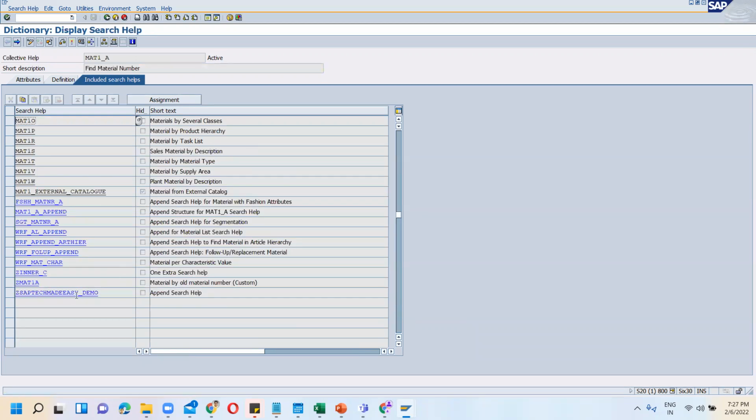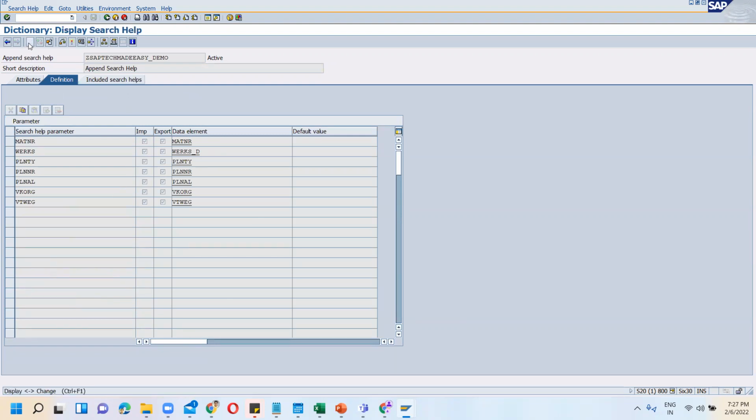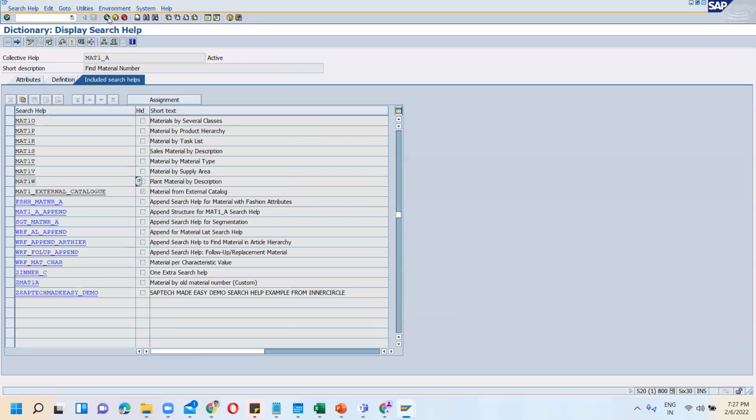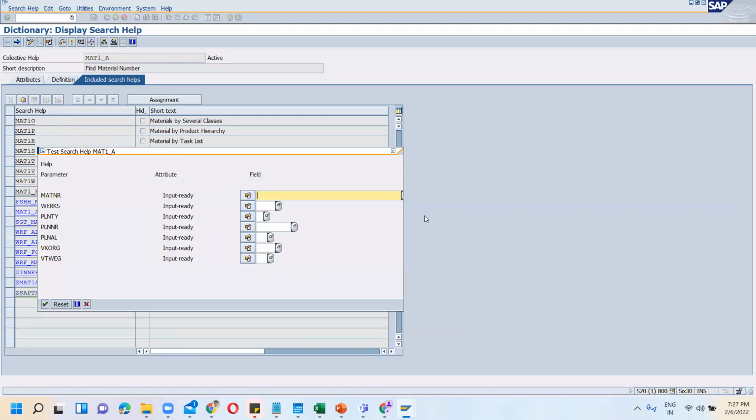Let's first go and see the append search help. This is the description. Let me do one thing: I will change the description so that it will be easy for us to understand. So SAP Tech Made Easy demo search help. Example, I will write: example from inner circle. Save this, check this and activate this. Now go back once again, run this one and press F4,